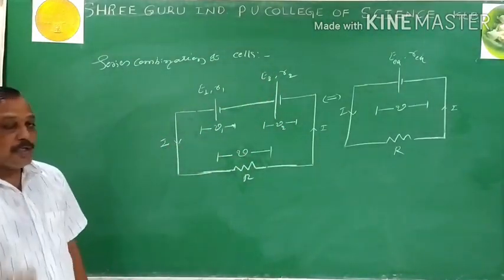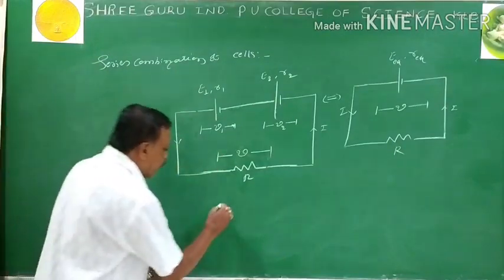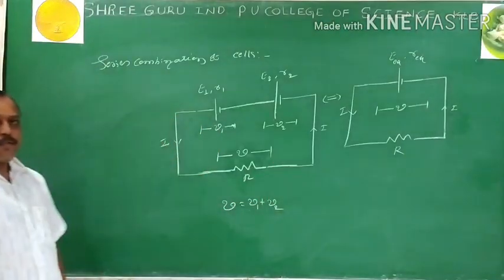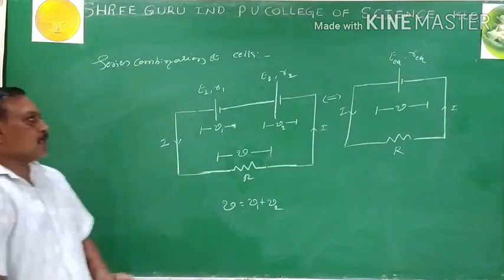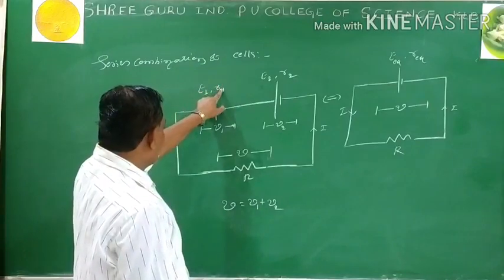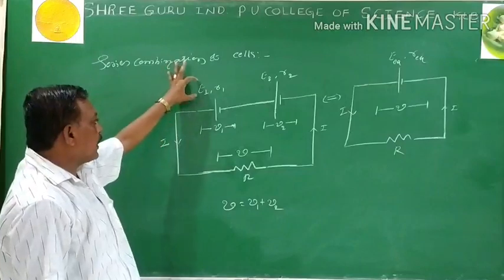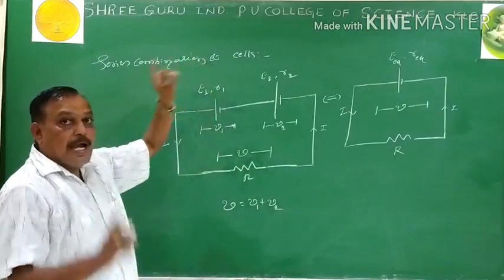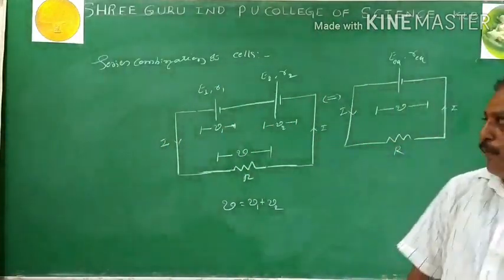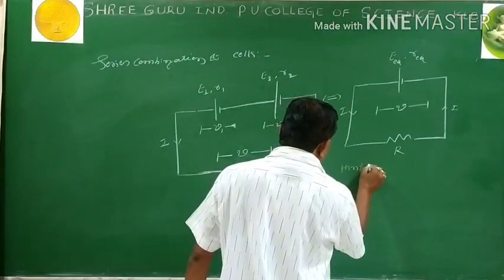Then, according to the hint, set the equation. The total potential difference V equals V1 plus V2. Just concentrate on the figure. There is an EMF, internal resistance, current, and potential difference. Wherever there is an EMF and internal resistance, I remember Ohm's law applied to the circuit. What is the basic equation for Ohm's law applied to the circuit? I make the hint here so that I can make the derivation very easily.